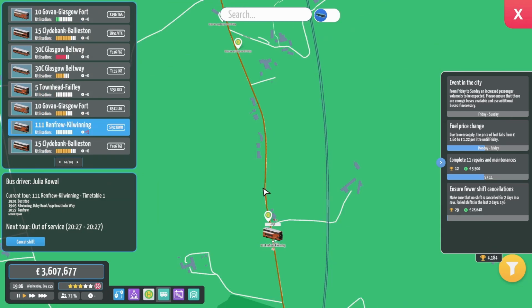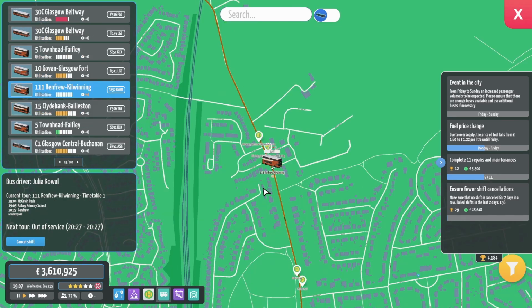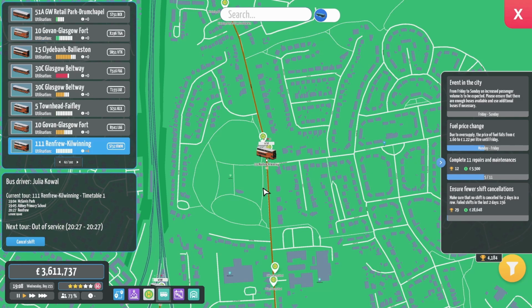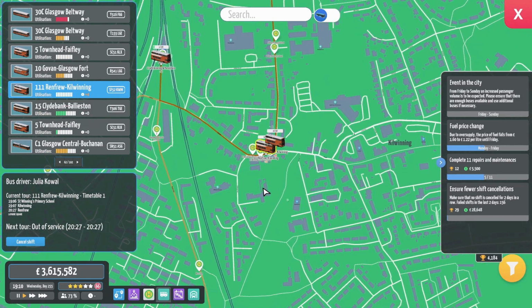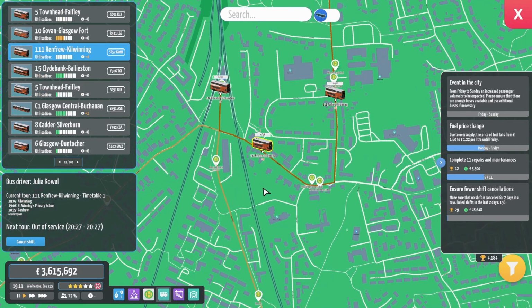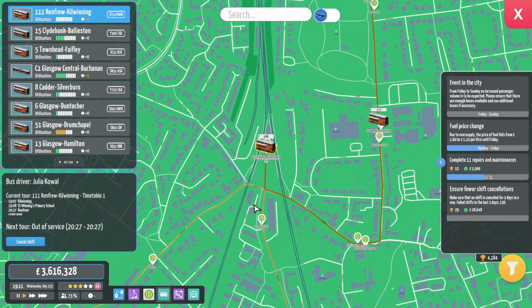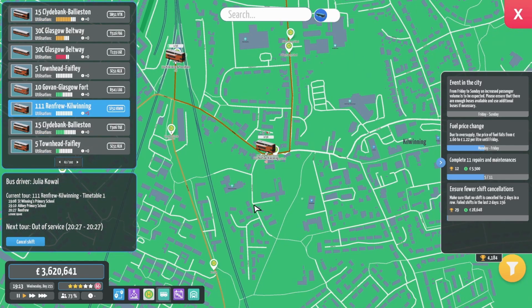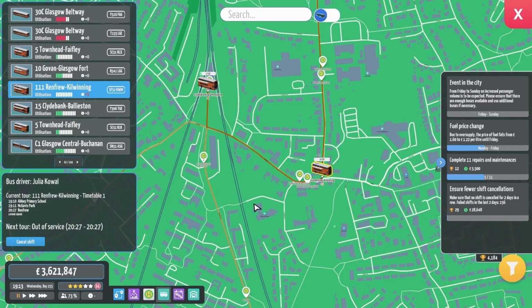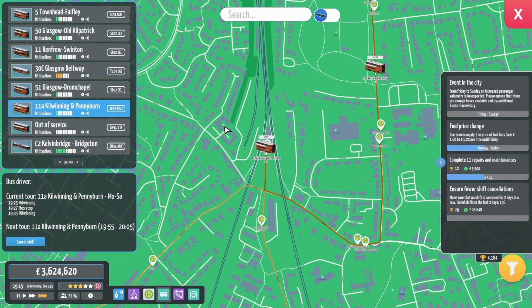So we're just coming down through, that was Dalgarvan, and now we're coming in through the top of Kilwinning. There's a lot happening. There's an 11A. Nice to see the 11A. So I'm gonna pause that. When is that going? 1925. So let's just speed things along